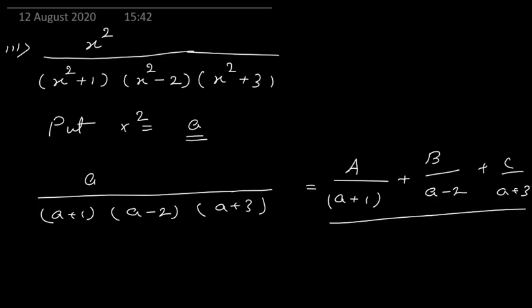And then you replace back here. This is possible because in numerator as well as in denominator we have only the x square term. No x term is there. If there is any x term, then this method will not work because my numerator will become root a, and then it is difficult to write that in this particular form. So you have to check whether you can write this in this form or not.